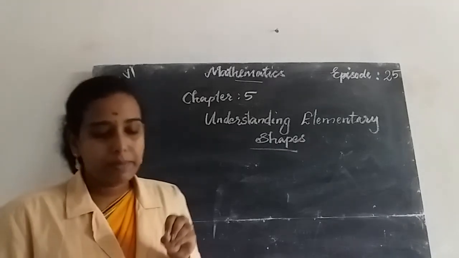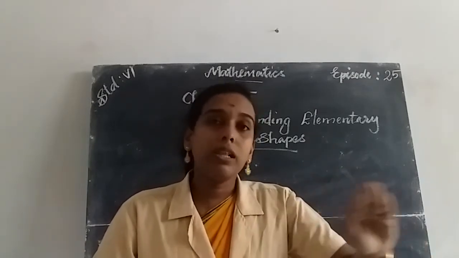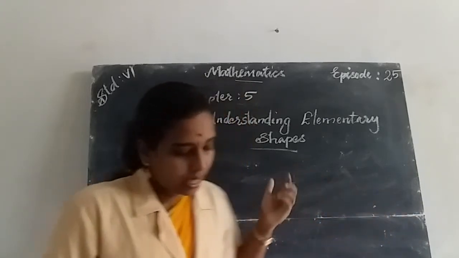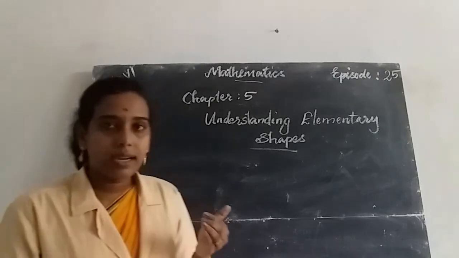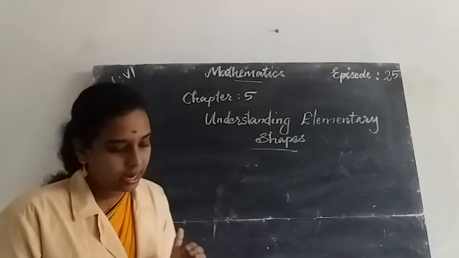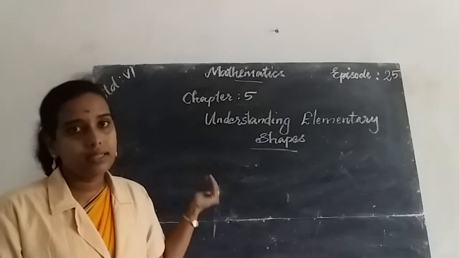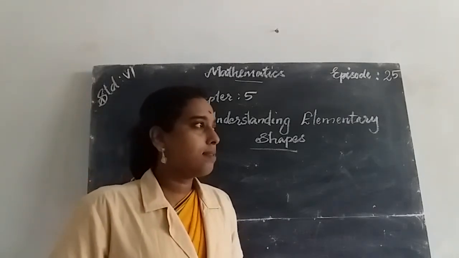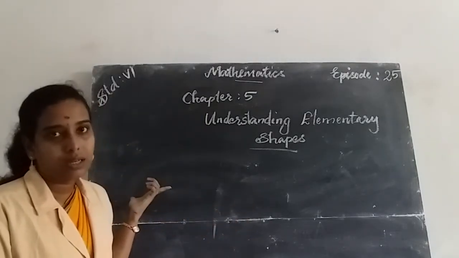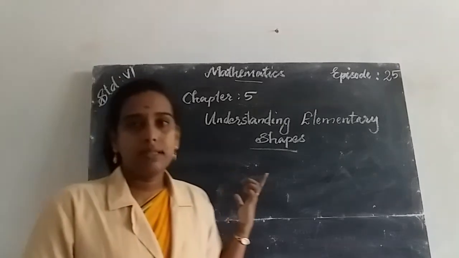Acute angled triangle means all the angles are acute, which means all the angles are less than 90 degrees. Right angled triangle means any one angle is a right angle, or measures 90 degrees. Obtuse angled triangle means if you draw a triangle and any one of the angles measures more than 90 degrees and less than 180 degrees.